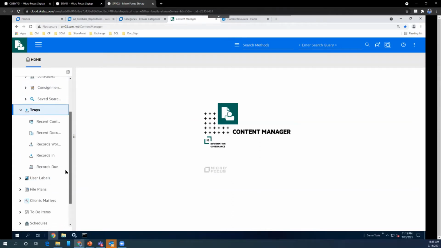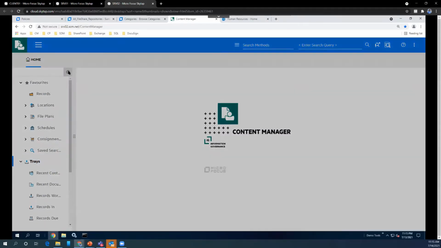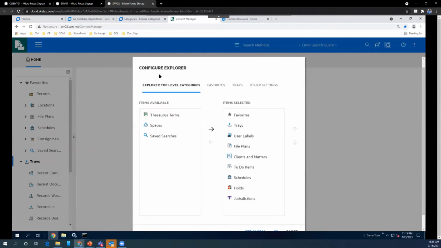Then, this pane is fully customizable now with the configure explorer parameters. You can decide what items you want to see in your interface: in the favorites, what do you want to see? In the trays, what do you want to have?